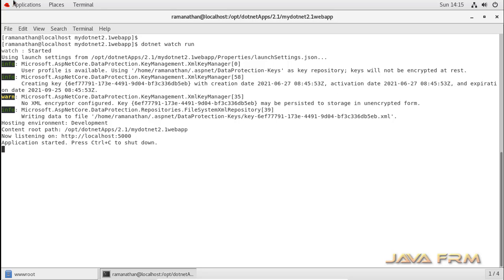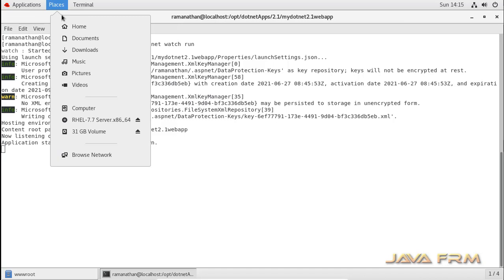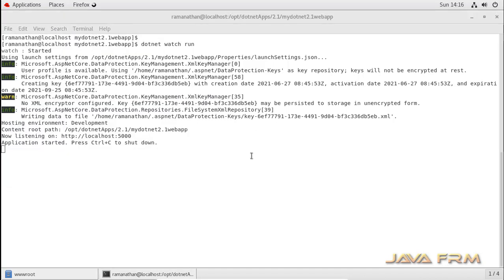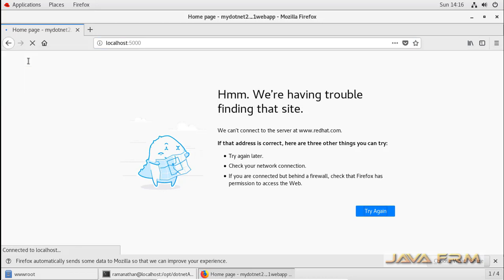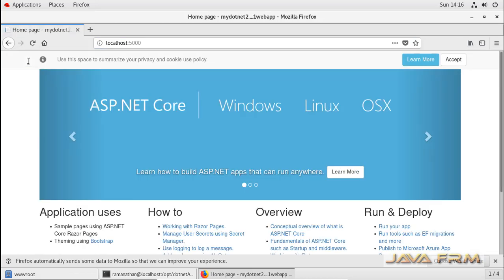Let me start the browser and type the URL localhost:5000. Yes, this is the sample ASP.NET Core web application which I have created.